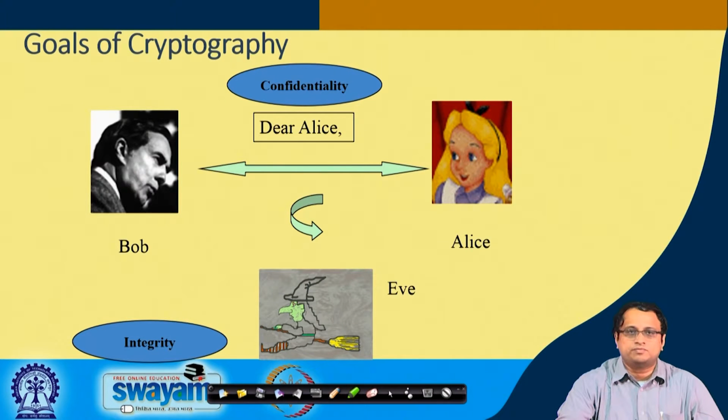There may be other important goals. For example, I may be only bothered about the integrity of information. I may not be bothered about ensuring that Eve does not have access to information, but rather that Eve is not able to corrupt or modify that information. So, while confidentiality is often ensured by encryption, for integrity other primitives may be used. It could typically be a hash function or a message authentication code, which could be deployed to achieve integrity.